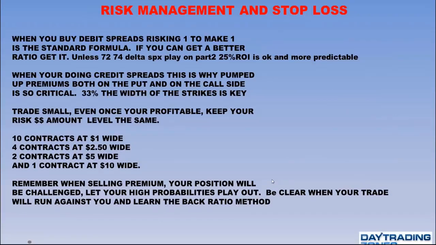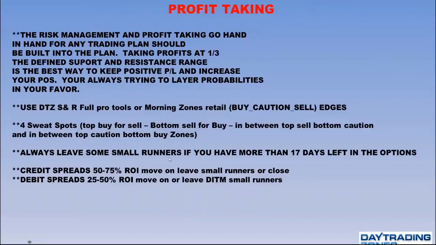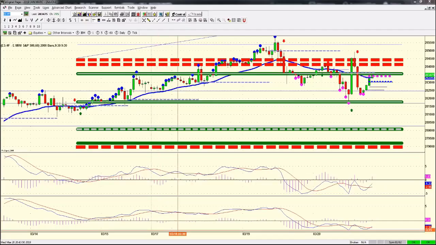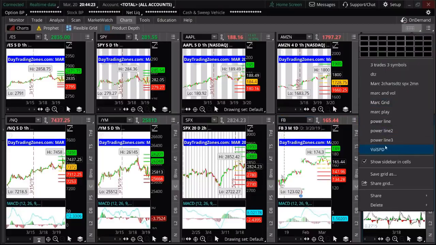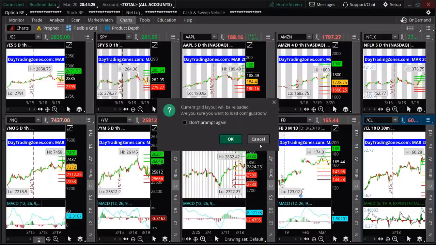But I wanted to share with you some of those things, guys, and make sure that they are helpful to you, and understand how to keep your risk consistent when you make a credit spread, the way you make profit. When you look at our tools, if you look at the retail tools and you cannot afford the professional tools, obviously, let me show you some